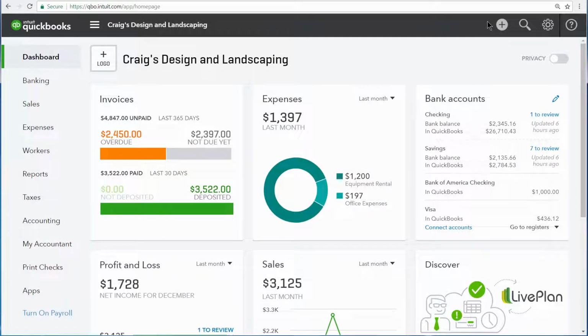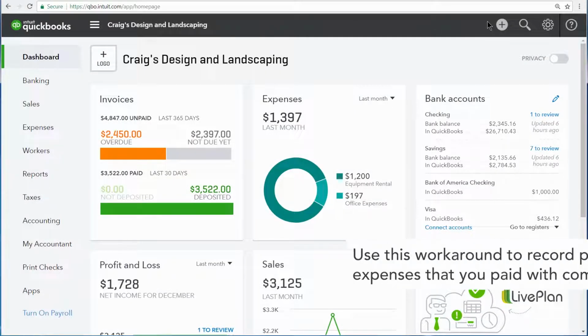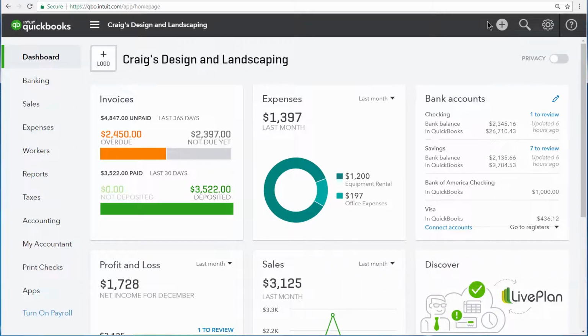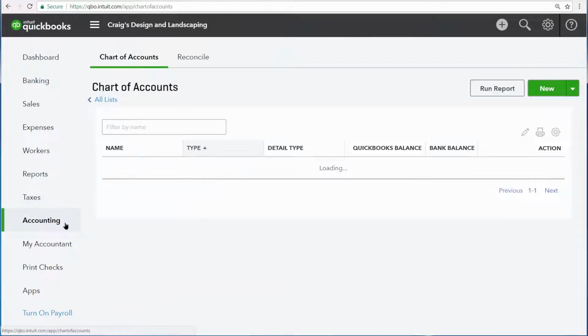Owners of small businesses often use the company's funds to pay for their own personal expenses. To enter a transaction like this, you need to have an account on your chart of accounts named Owner's Personal Purchases or Owner's Draw. To set up that account, first go to the chart of accounts by clicking on Accounting